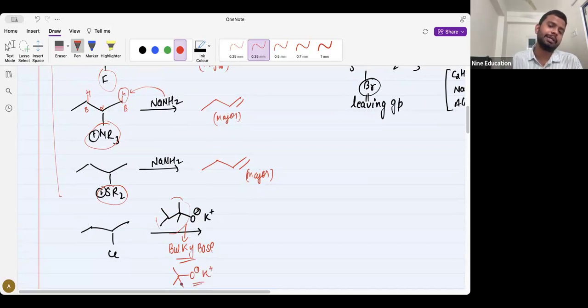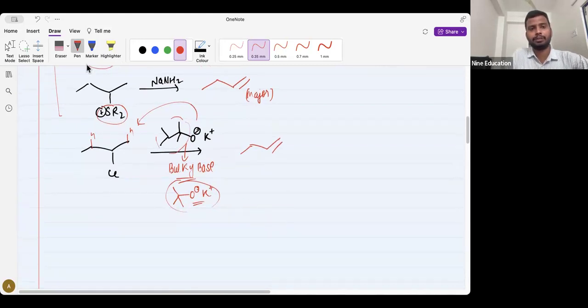Starting here, a bulky base, tertiary butoxide. If I have this base, it will not give me Saytzeff product, it will give me Hoffman product. Always remember beta, these all cases. Let's say this example also I am taking. Let's say I have chlorine here,